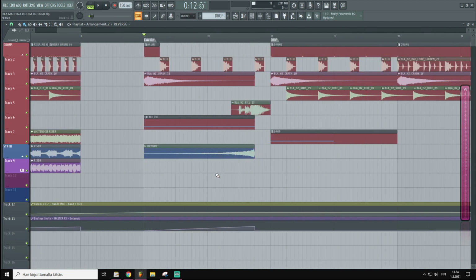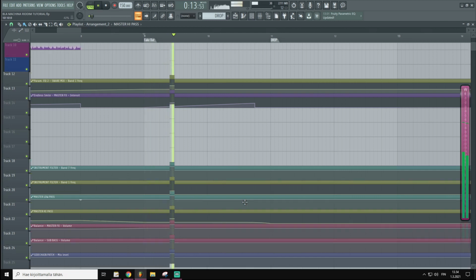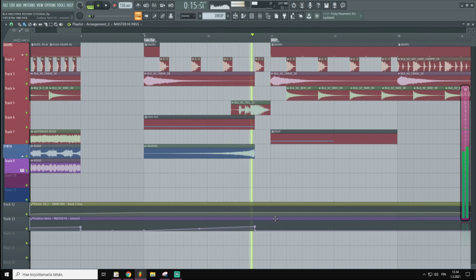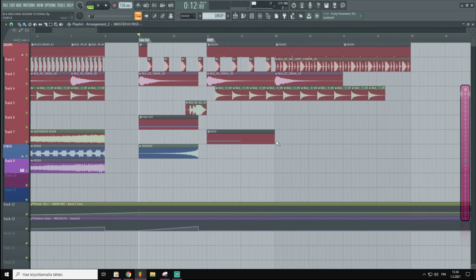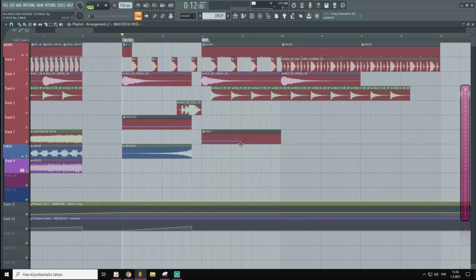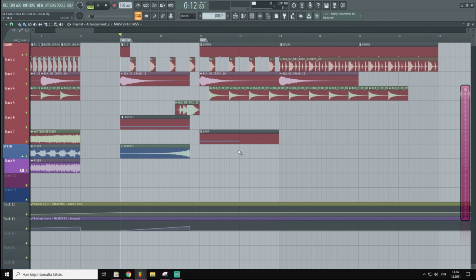I also added this reverse, and I'm going to add a little bit of high passing on the master. So that's pretty cool. Now I think the fake out drop is starting to work pretty well, so we'll move to the